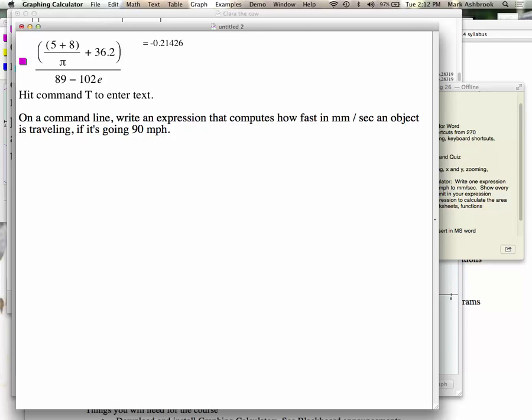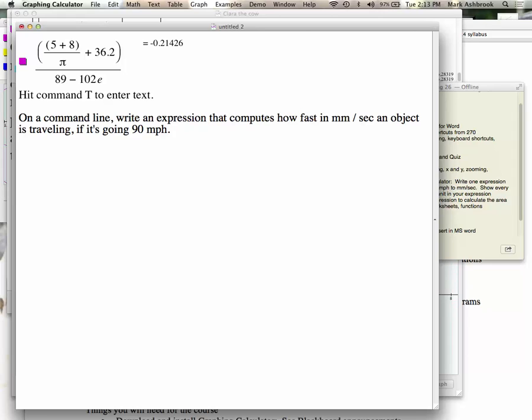And now, when you build this, don't do it in chunks. Don't find something and then do a new command line. You're going to do it all in one command line, one expression. And don't use a handheld. Don't do any computations outside of just what you're typing. You don't have to do any mental math or side work. You're building the expression that will give you how fast in millimeters per second something's traveling that's going 90 miles per hour. So in your expression you're showing every transitionary unit. Does it make sense?